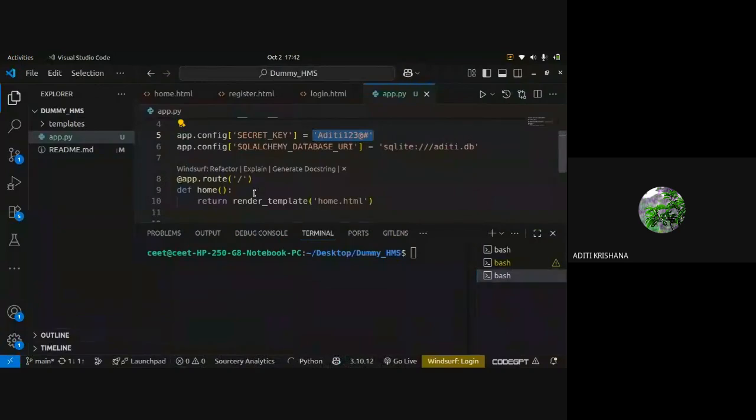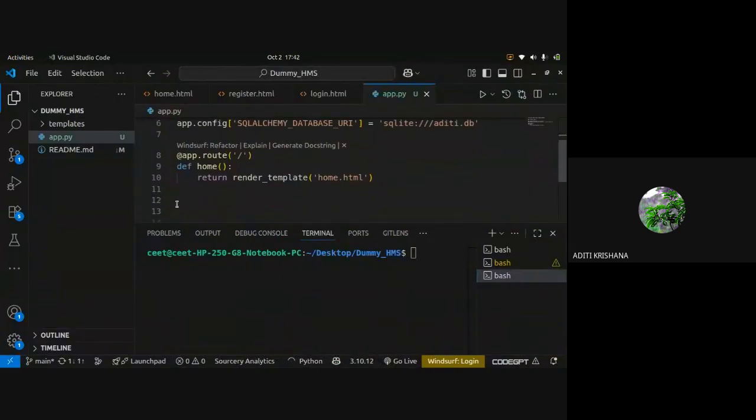So after the route has been created, we have to tell at the last that app.py is having the last step, or the full stop, you can say. After that, you cannot write any code. That full stop is for running the application. You are not required to write any code after it.